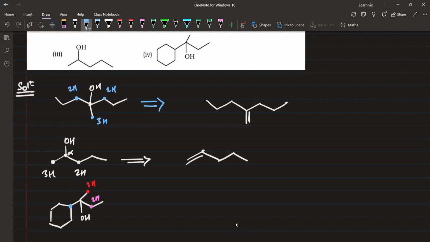3, sir. 1 hydrogen. 1 hydrogen, ठीक है। ये आप जो बॉन्ड्स काउंट करते हैं, उसमें आपको दिक्कत हो रही है, आप बॉन्ड काउंट करते हैं और उसको हाइड्रोजन में शायद लिख देते हैं, ठीक है। ध्यान से देखिए, you will first of all make everything as it is apart from the OH, ठीक है। Now you have this methyl group, ये मिथाइल ग्रुप आप भूल जाते हैं, and you will have a double bond here, 3 हाइड्रोजन के साथ डबल बॉन्ड होगा, ठीक है। कॉपी कीजिए, जल्दी कॉपी कीजिए इसको।